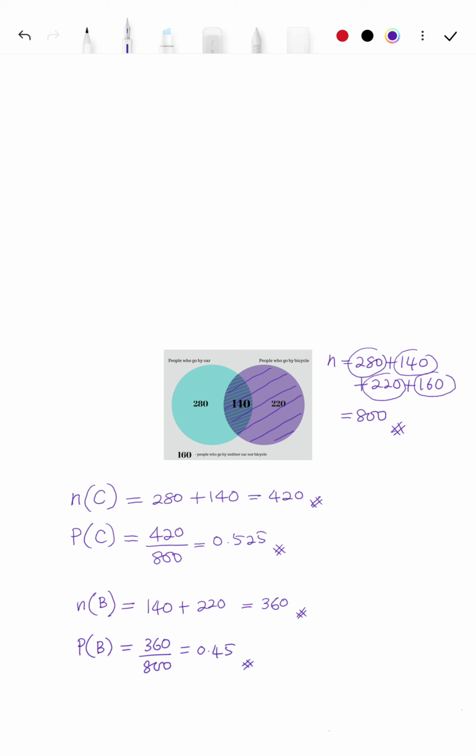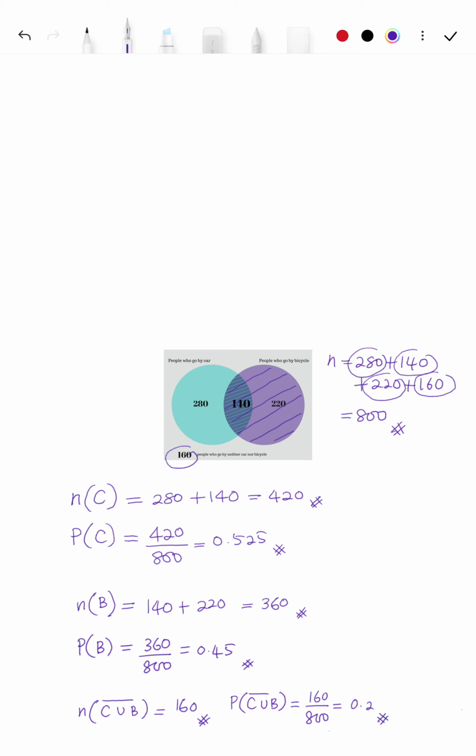Okay, what about the value outside the circle? That value is actually the number of C union B, but its complement, and that is 160, or in probability value, that will be 160 over 800, and that's